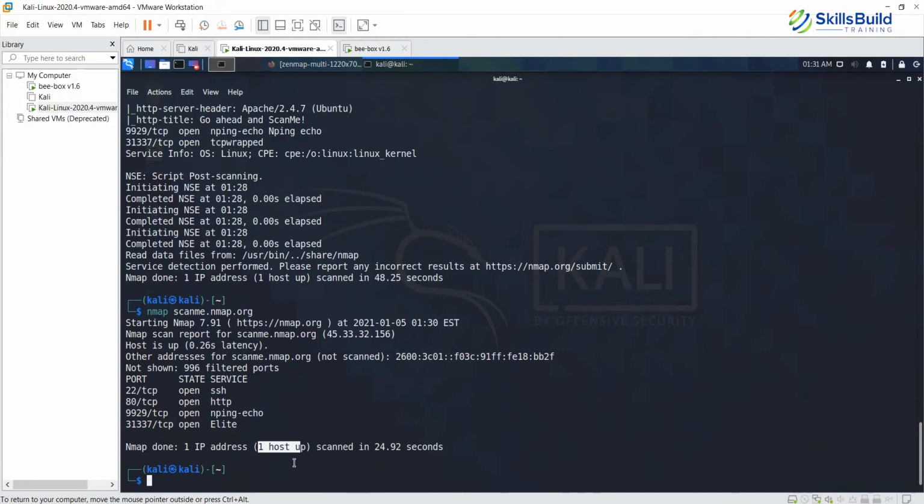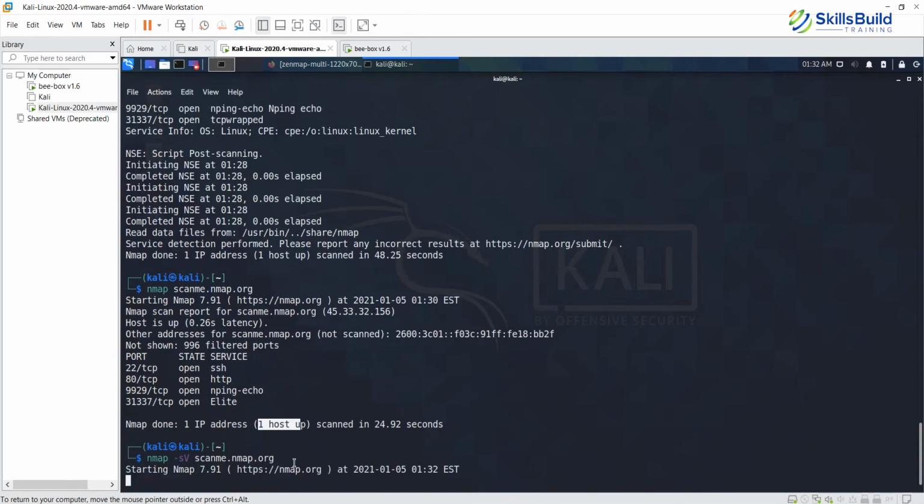However, before we go into more explanation, let's just go ahead and type this particular command. So let me just change this particular target. I'm going to do scanme.nmap.org. So what I'm going to do is I'm going to be scanning for the service scan this particular time.